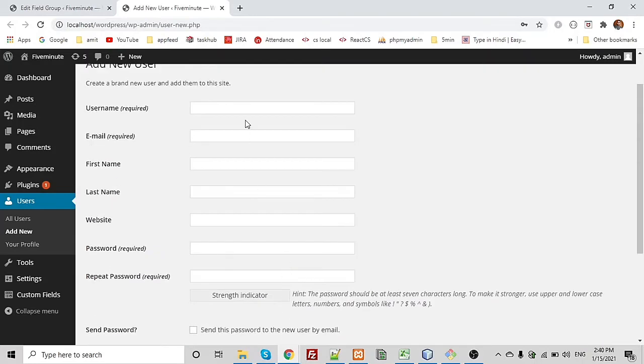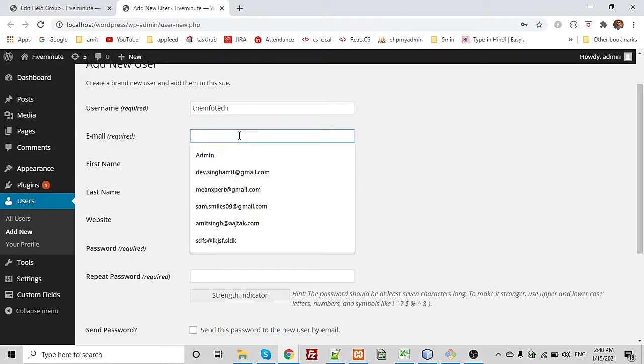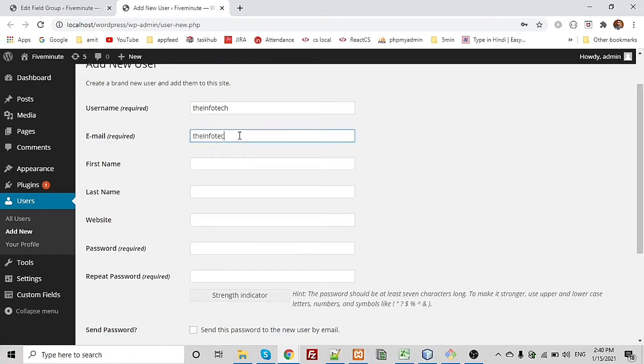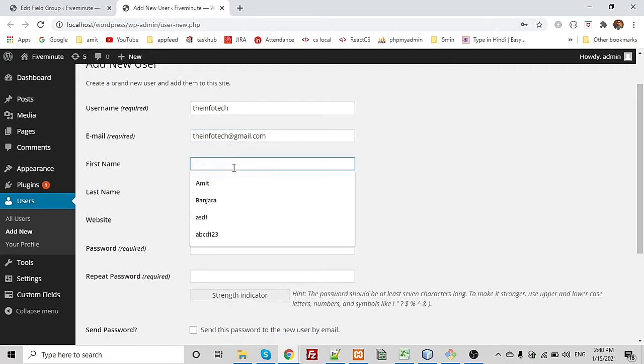Suppose I create a new user, with username the Infotech, and email info tag at gmail.com. First name, anything you can write, info, and last name tag.